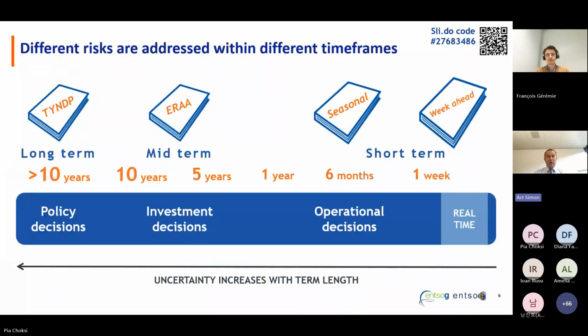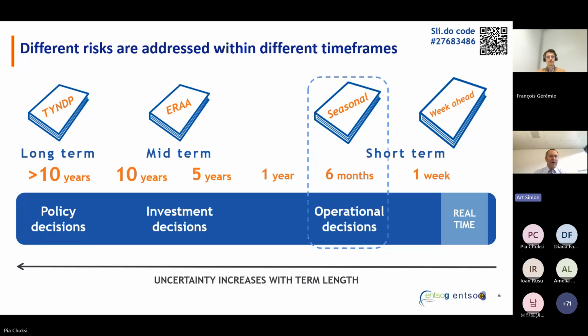So we're talking about seasonal outlook today. Seasonal outlook is, let's say, a bit special in the way that it is placed between the European Resource Adequacy Assessment and the week ahead, what we call the short-term adequacy assessment. The short-term adequacy assessment is really operational, close to real time, whereas the European Resource Adequacy Assessment basically produces outputs and information for the design and the demand for capacity mechanisms for member states. And the seasonal outlook is in between. So it's a monitoring instrument, a monitoring product, a little bit less than an operational decisions product, I would say. But of course, things are closely monitored, and operational decisions can already be anticipated on the basis